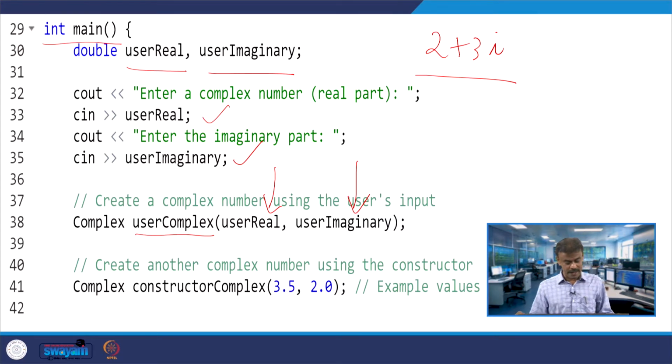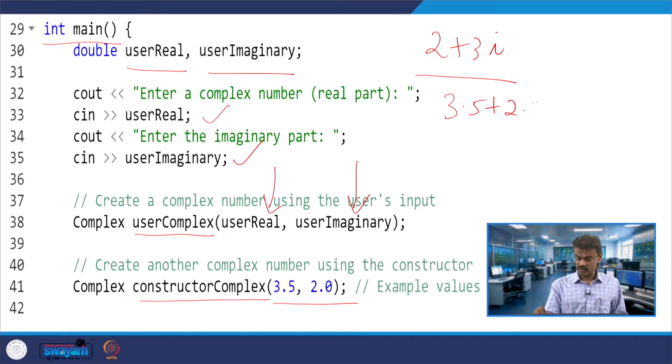And you have another object called constructor complex. To the constructor complex you are passing 3.5 and 2.0. One, we said, the user has to give us as input, and another one you are passing. So this is an example: assume 3.5 plus 2.0i. When this object is being created, again the constructor will be called.